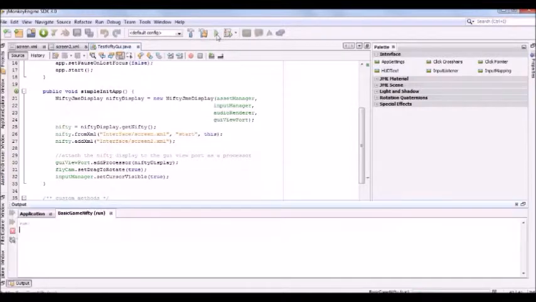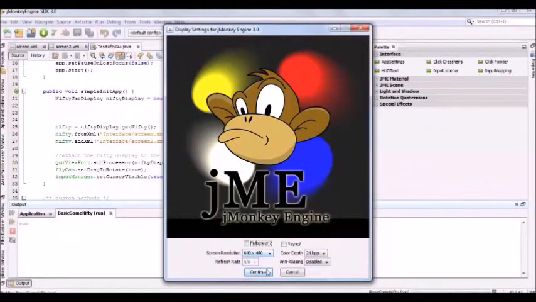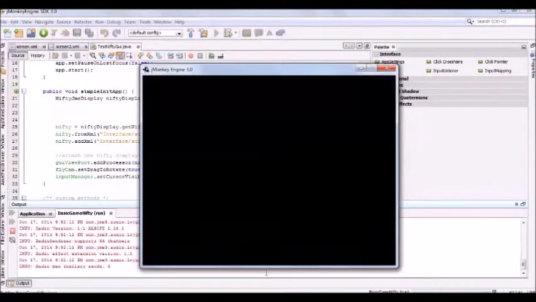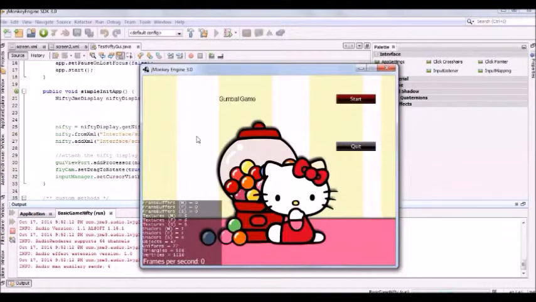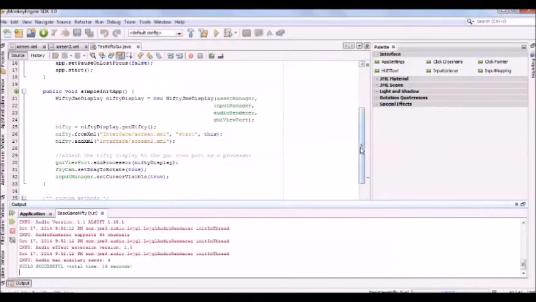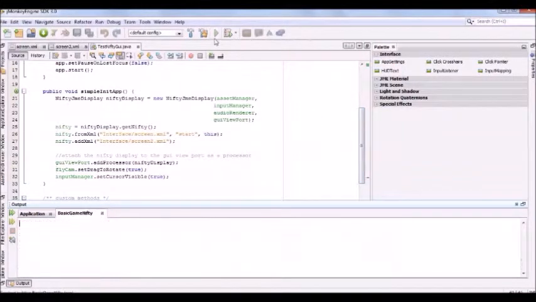So as we run the code, we see that the main screen has three panels. The first panel contains the game title, the second panel contains the start button, and the third panel contains the quit button. If we quit, the game terminates,